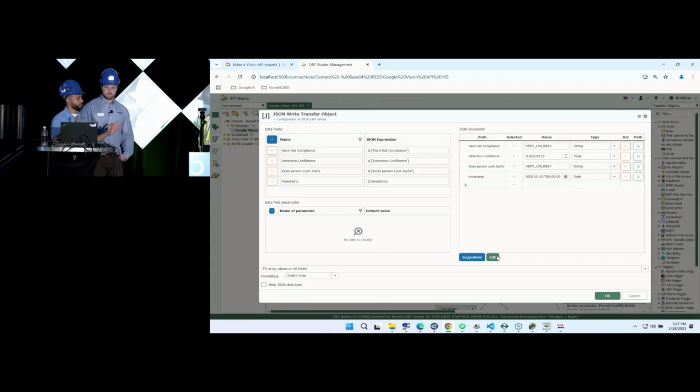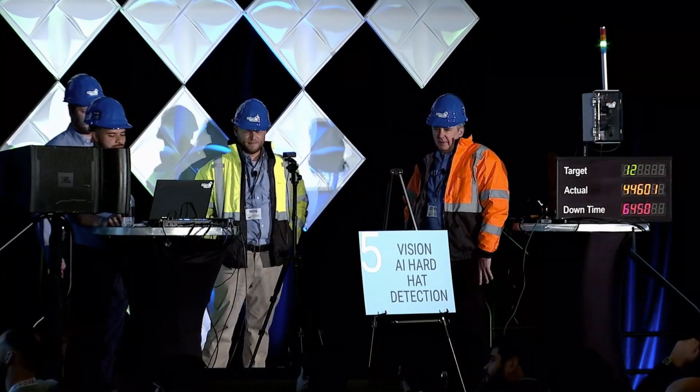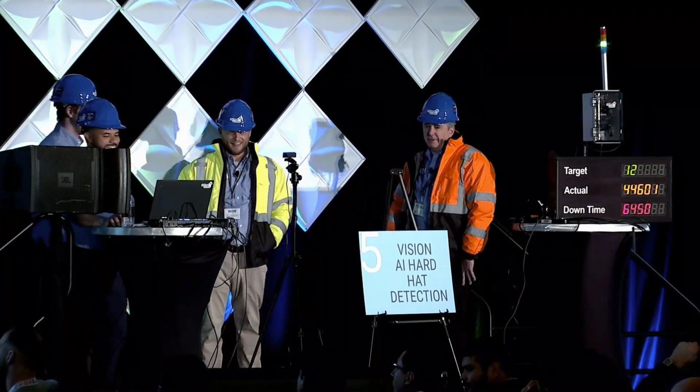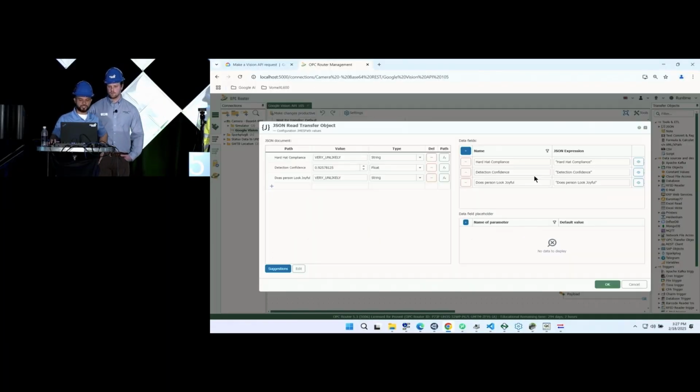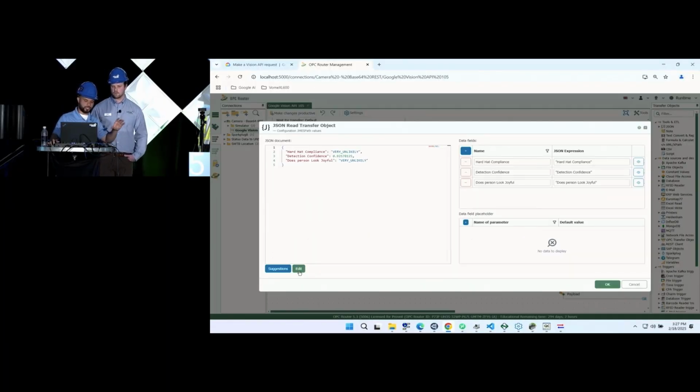Although some people will agree it's not that complex. Makes sense. Yep, this looks good. Looks simple. We're trying to make it as easy as possible. So even you can do it, Wayne. I can do this, yes. Okay. Yeah, and then once we get that, all we're doing with those JSON transfer objects is just